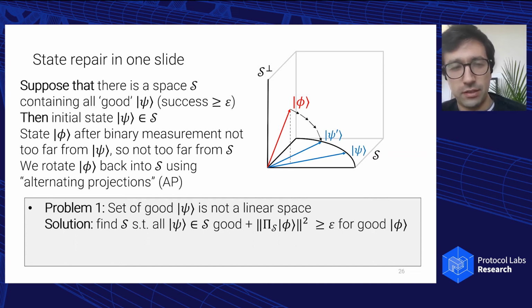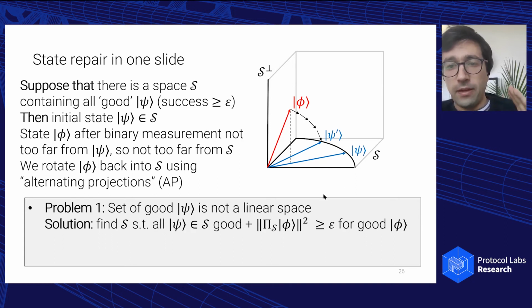So the first one is that this first statement was actually not true. The set of all good states is just not a linear space. However, there is a linear space such that every state in the space is good. And if you have a state that is good, then its overlap with the space is pretty large. And so what this means is that you can take any good state,